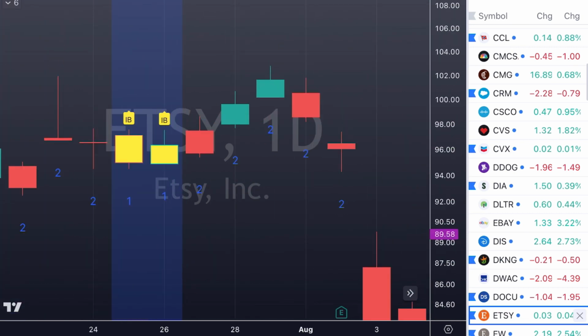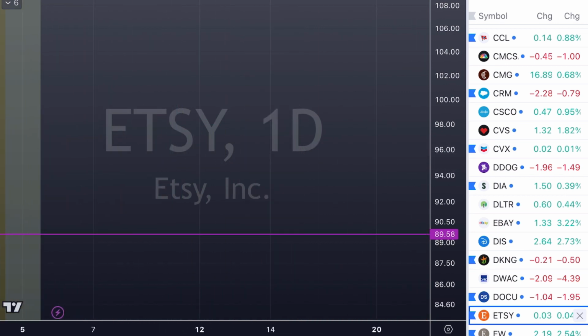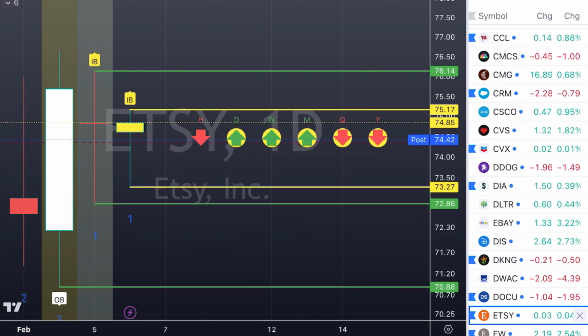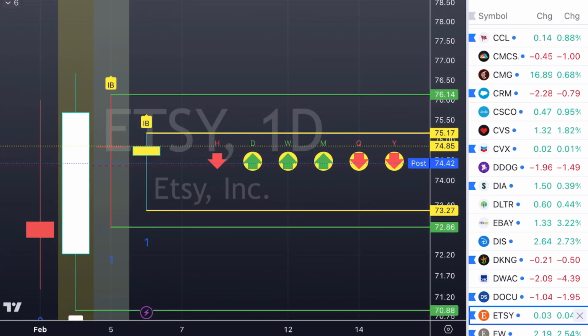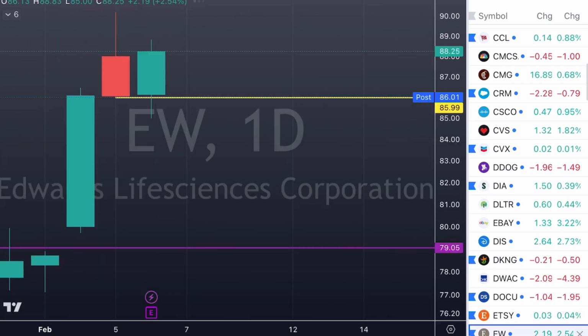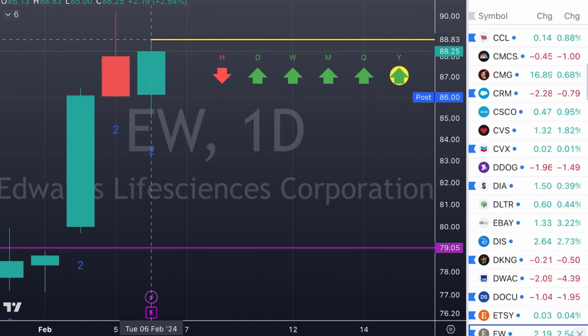There's the last double inside bar. Look, we trended up. We broke the trigger. And the targets were very, very small. But if you look at it, we trended up for 3 days. So if you would have stayed in this trade, you would have made some money. I probably wouldn't have personally, just the way it played out. But the potential was there off of that double inside bar for a nice little run. EW, 2 down, finish green.